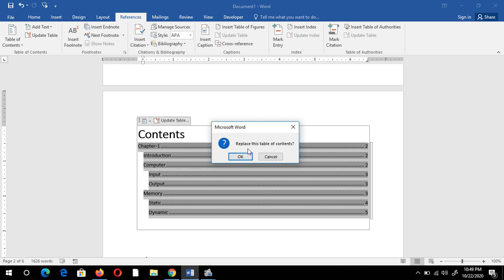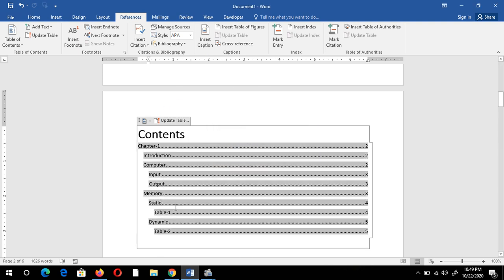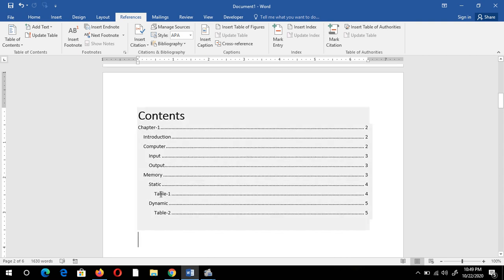It will ask to replace this table of contents. Click OK. Now you can see under static topic, table 1, that is level 4. I increased the level up to 5. Now it can show the table of contents up to level 5.